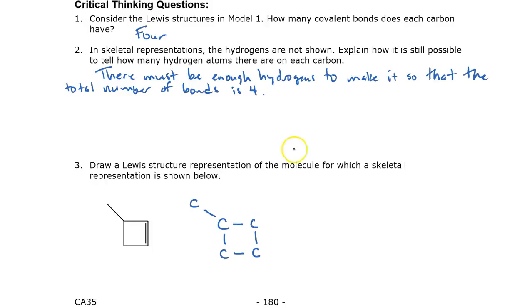Alright, I haven't completed the Lewis structure, but if you're stuck, notice there are 4 carbons in this ring and a 5th carbon over here. So I've connected those 4 carbons into the ring with the 5th carbon over here. Sometimes students will note that there are 5 carbons and they'll put the 5 carbons in a straight line, and what they're missing is that you have to connect the 4 in a ring when you draw the Lewis structure. You can't break open the ring to draw the Lewis structure. So don't do it like this. Start with something like this, and when you pause the video, in 2 seconds the answer will appear. So if you want the chance to try this yourself, pause now.